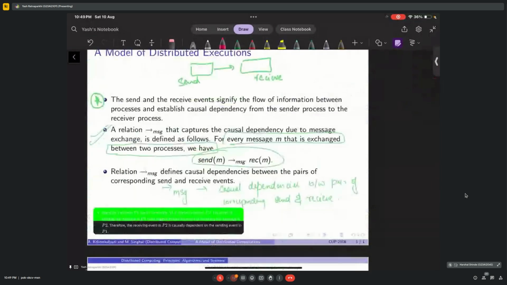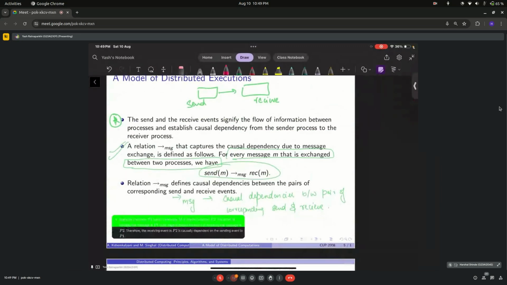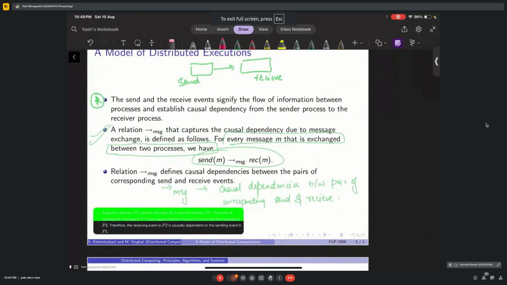So now the send and receive events signify the flow of information between processes. Correct. For processes to communicate, send and receive events are very beneficial and crucial. So a relation, written as MSG, that captures the causal dependency due to message exchange is defined as follows. For every message M that is exchanged between the two processes, we have send M